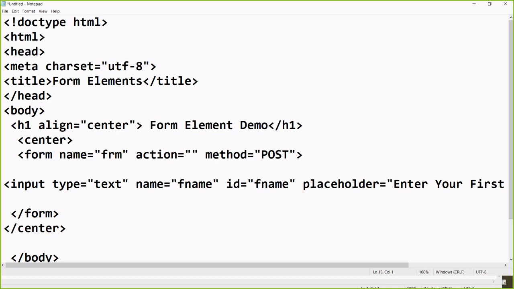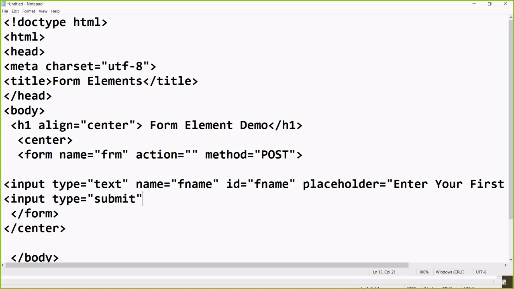And I told you now every form must have one submit button. So in the same way here, input type equal to, see again, input type equal to text means the text box. Input type you have to write submit, not button. Button is different here. Input type equal to submit.